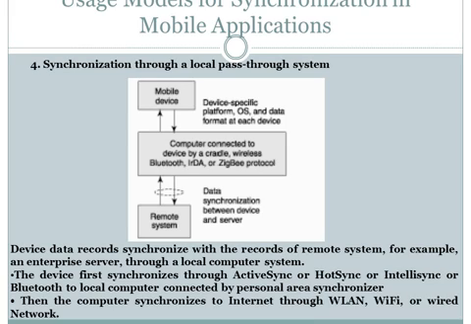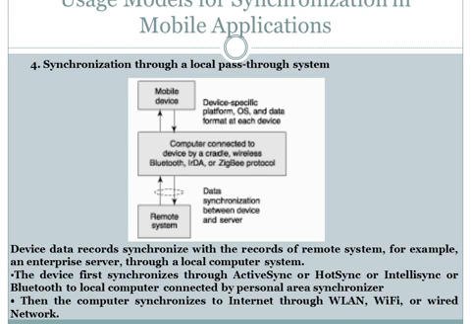In this type of synchronization, the device does not directly synchronize with a service provider or a remote system, but it synchronizes indirectly through an intermediate local pass-through system. In fact, the device data records synchronize with the records of a remote system through a local device such as